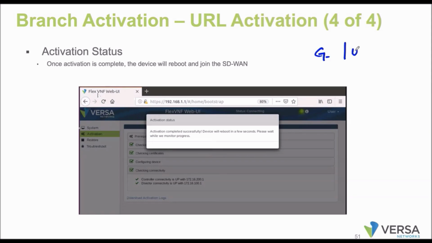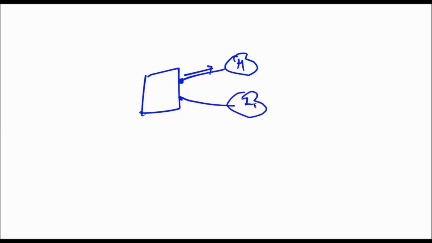You're talking about global ZTP or URL ZTP, Rizwan? URL ZTP. Okay, URL ZTP. So what was your question? My question is, before clicking on the link, we have to ensure that the internet is already running on the box. Yes, of course. See, it's not only on the internet link. If you want to onboard it on MPLS, we'll connect the link on that MPLS link. So if it is on internet, we'll connect the link on this internet link.